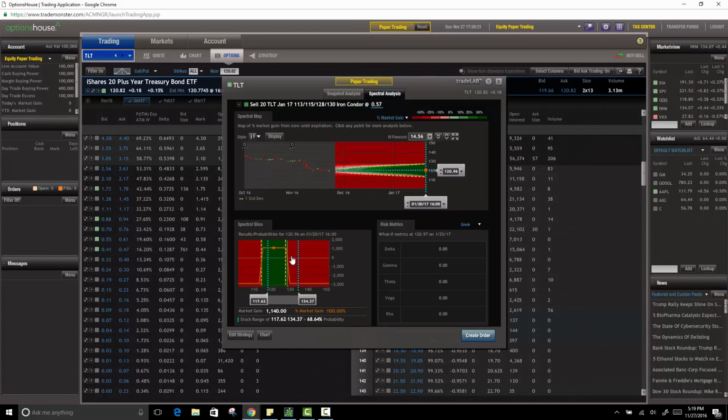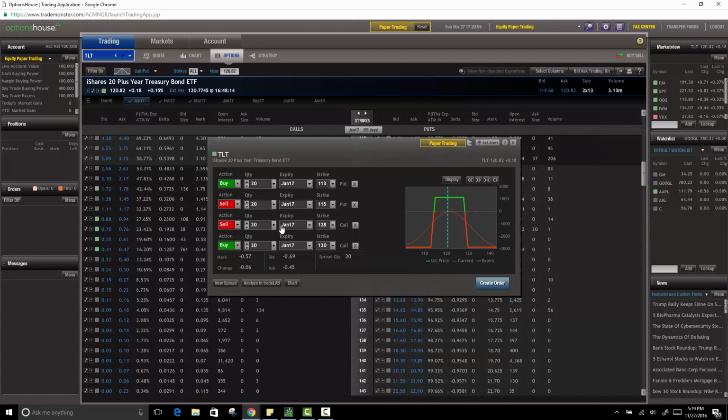What it does is it shows, over the course of the option's timing, where your dollar amount is as you go through. So for example, on December 30th, if TLT's price is at 121 on that day, I would be expected to be making $716. And as you get closer to the maximum gain here at 1140, it also shows you where you'd be anywhere along that continuum. That's nice, but I see enough of what I need as I look at this area here. So we'll go ahead and create this order,